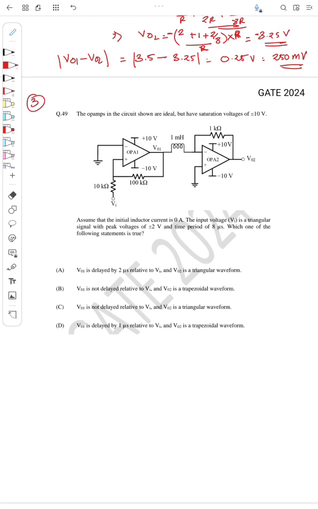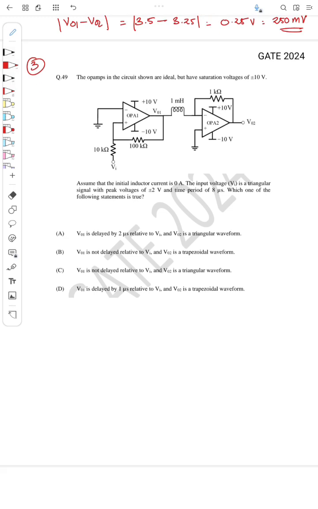Okay. Now coming to the third question, that is from GATE 2024. The op amps in the circuit shown are ideal but have saturation voltage plus or minus 10 volt. So these op amps are having VSAT to be plus or minus 10 volt. Assume that the initial inductor current is 0. So here the 0 ampere